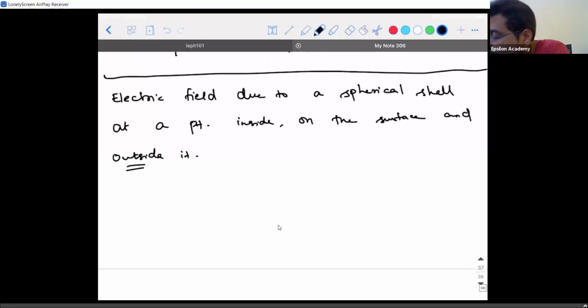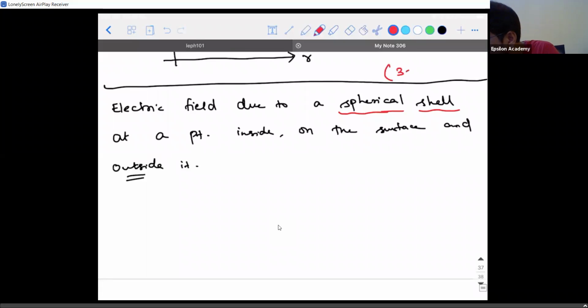So first tell me one thing, what is the nature of the object? It is a spherical shell. So what kind of an object is it? We need to think, is it a one-dimensional object, two-dimensional, or three-dimensional? Three-dimensional. Three-dimensional object. Okay, accepted. So for a three-dimensional object, what is the type of charge density we are going to define? The volume. So we are supposed to define the volume charge density, right?